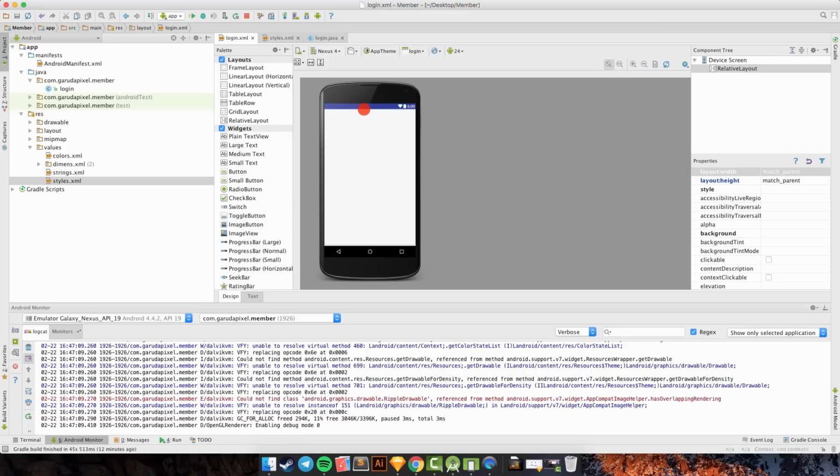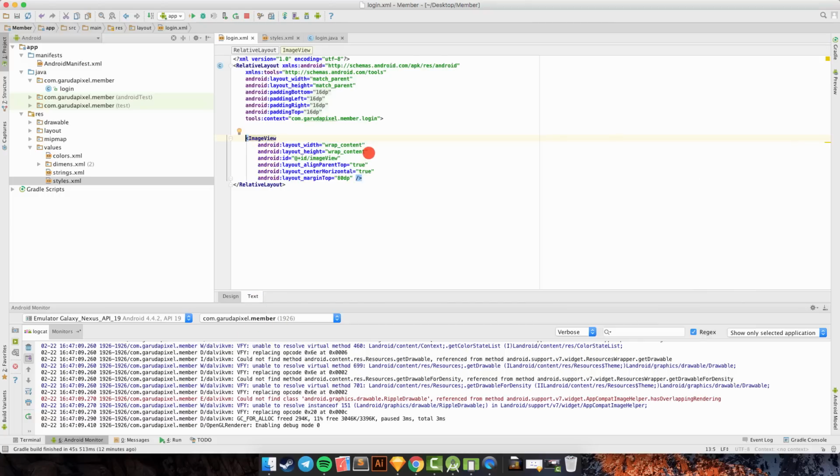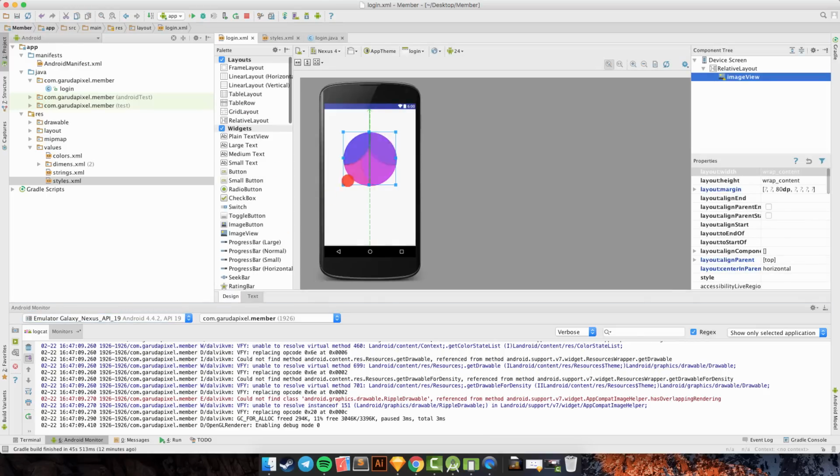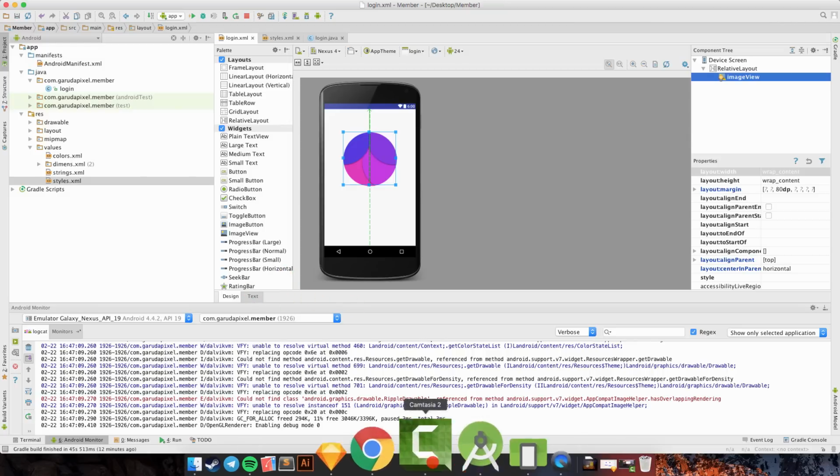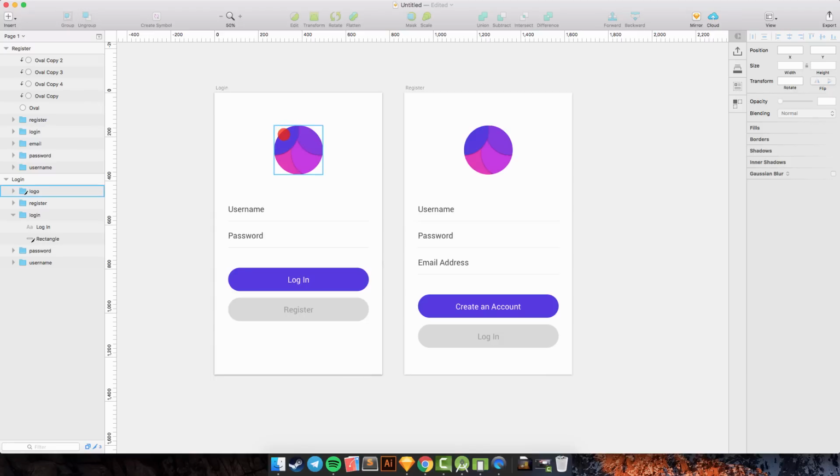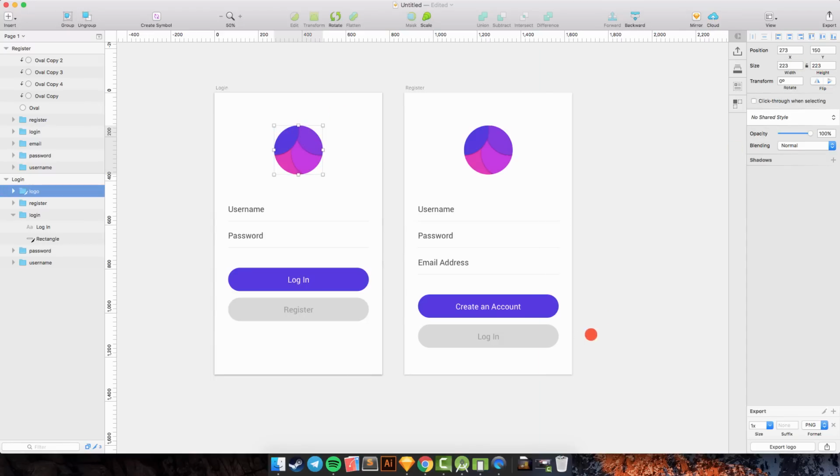And then the first thing we need to create is this image view here. You can move it like this. Okay, and go back to text, and we can set the background here to drawable logo, and boom, we have the logo here. But we need to make sure of the size, okay, it's 200.